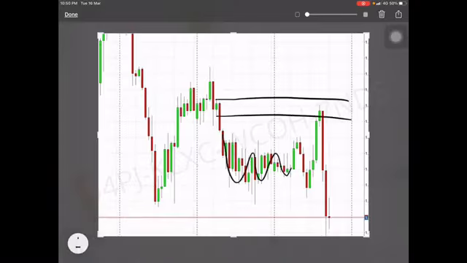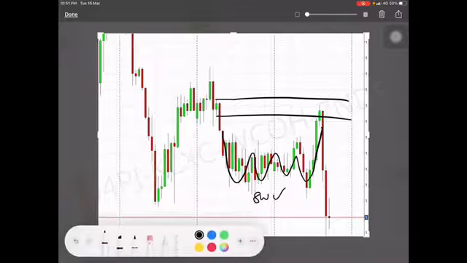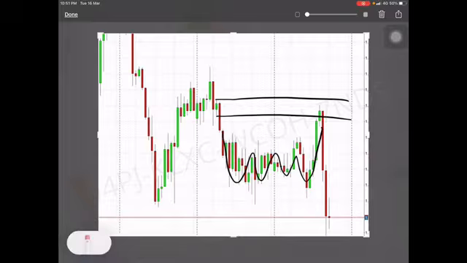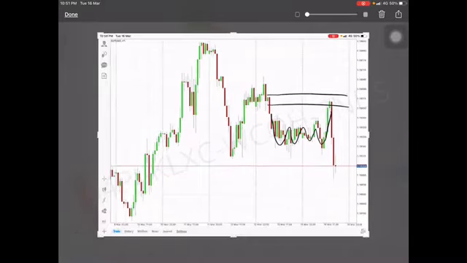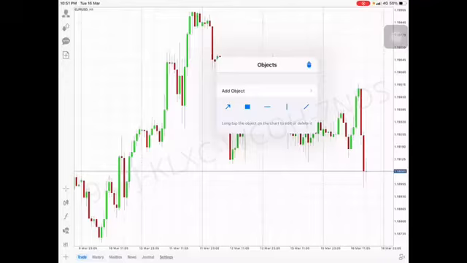Is there a sideways pullback? Yes. Is there a sideways in the zone? Yes. Now what are we looking for? Where are we going? This is H1. So now, after we have marked that place,